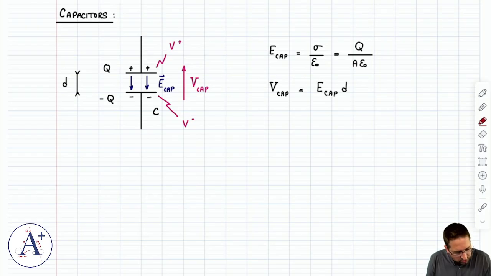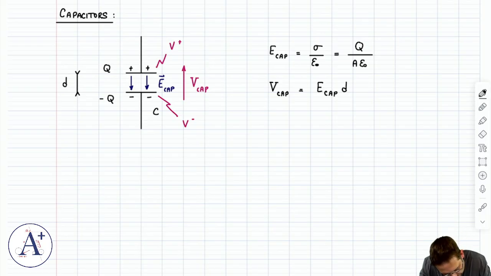From the point of view of electric fields, they go from high V to low V, and they exist because there's different electric potential in two regions, and they point from high to low. If there's a different electric potential in two regions, like V plus and V minus here, you can then define the voltage across those two points. Typically, your voltage arrow will point from the low V to the high V, so that's a positive number, okay? So important to keep in mind, because we're going to talk about voltages a lot, especially as we move into